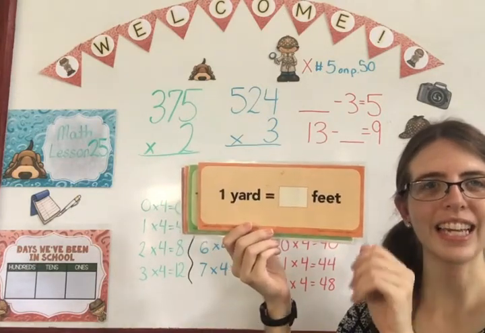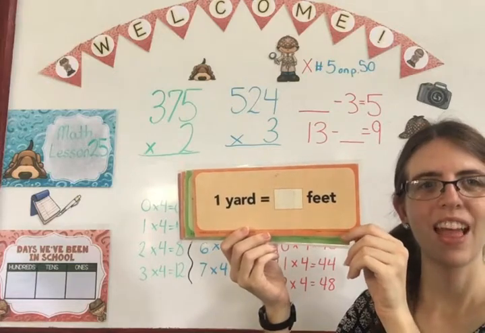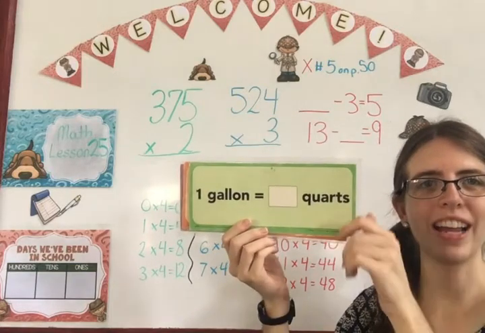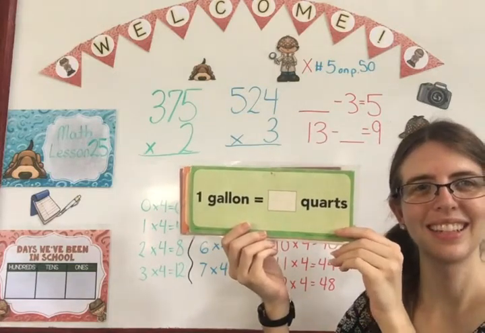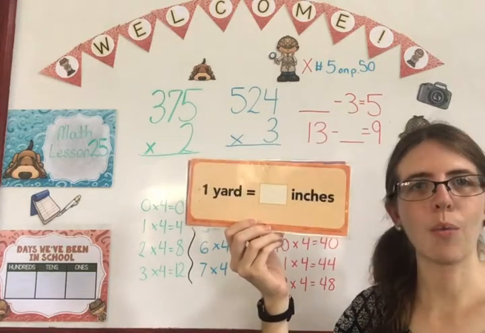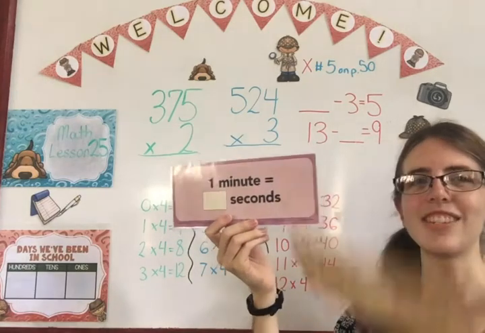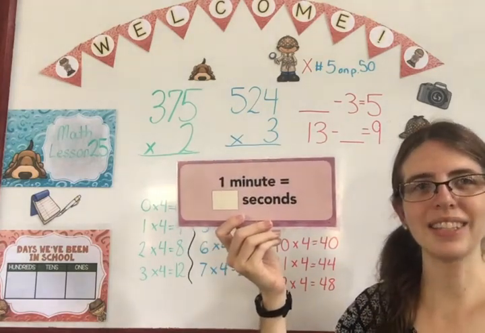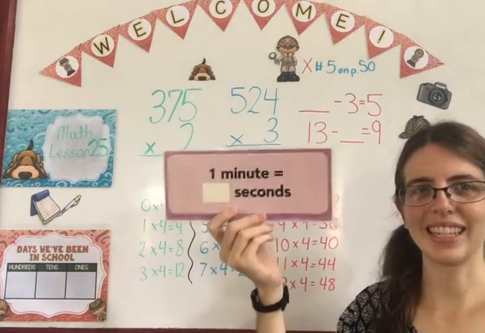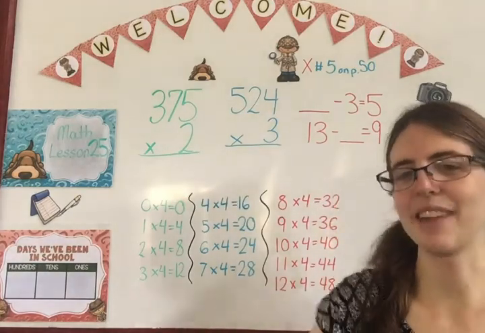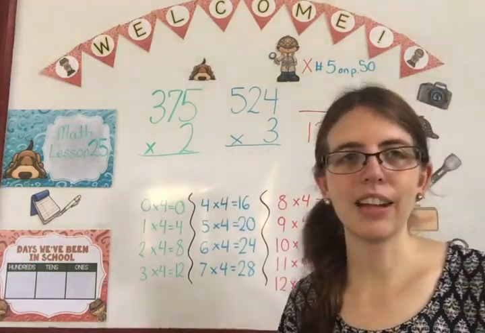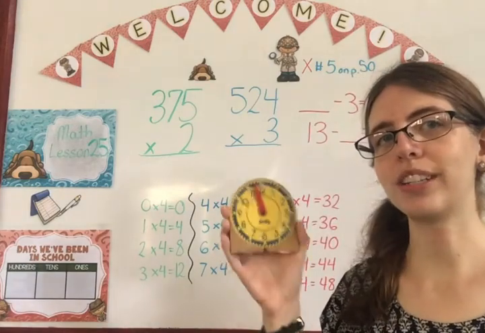1 yard equals 3 feet. 1 gallon equals 4 quarts. 1 yard equals 36 inches. 1 minute equals 60 seconds. Nicely done. Now I'm going to set my clock, but I want you to tell me where my